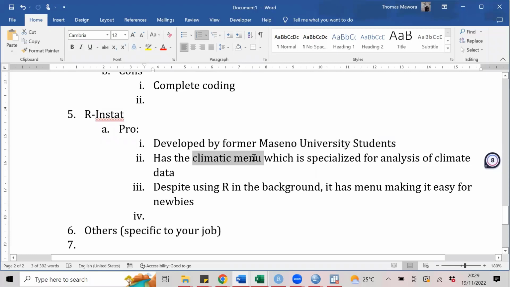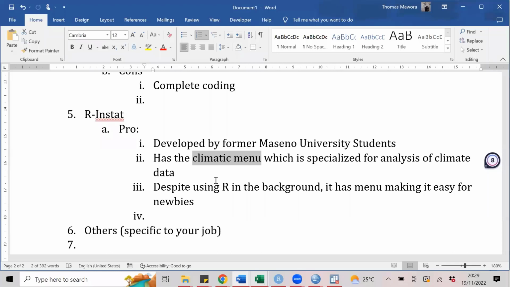But one big thing I like about it, it has a climatic menu, which I've never seen in any other software. It specializes for analyzing climate data in a very nice way, in a way that you can do a nice report for somebody with regard to climate data, including all the climate elements, but mostly rainfall, temperature.